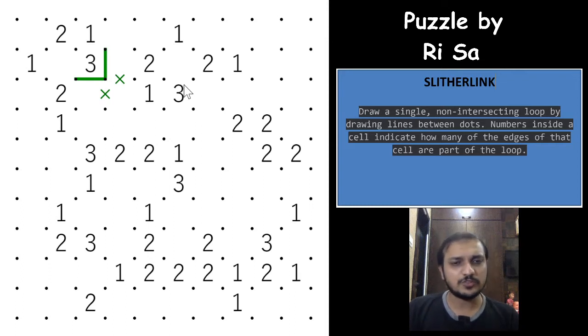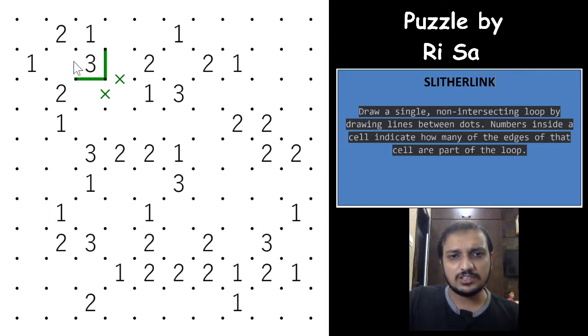You need to have 3 loop segments, which means that both of these will have to be loop segments. So the most important logic in a Slitherlink puzzle is diagonal logic. Many people actually know what diagonal logic is, but a few beginners are unaware of what it is. The diagonal logic is nothing but, if you see the 3 here, it will either go this way or this way, but whatever be the case, a line will have to start from here.